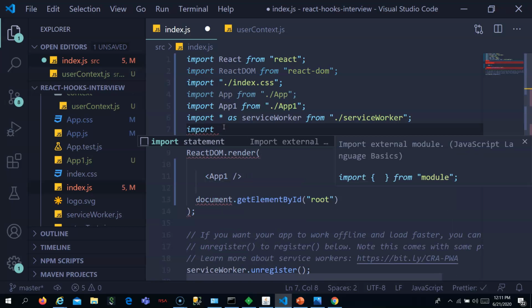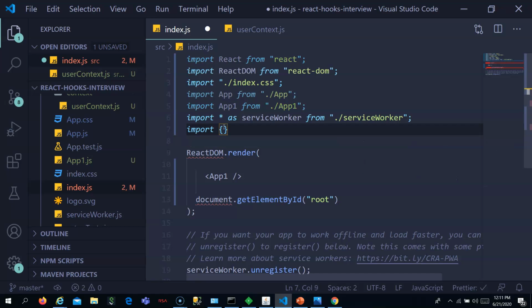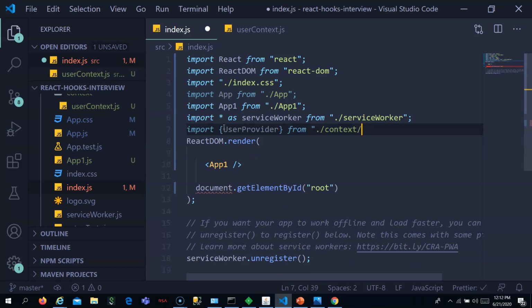Since it is not a default import, you have to do it like this, and from user context.